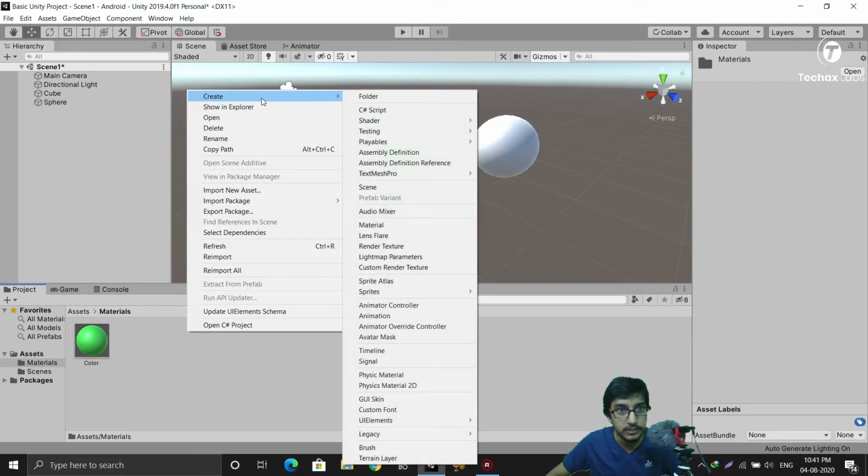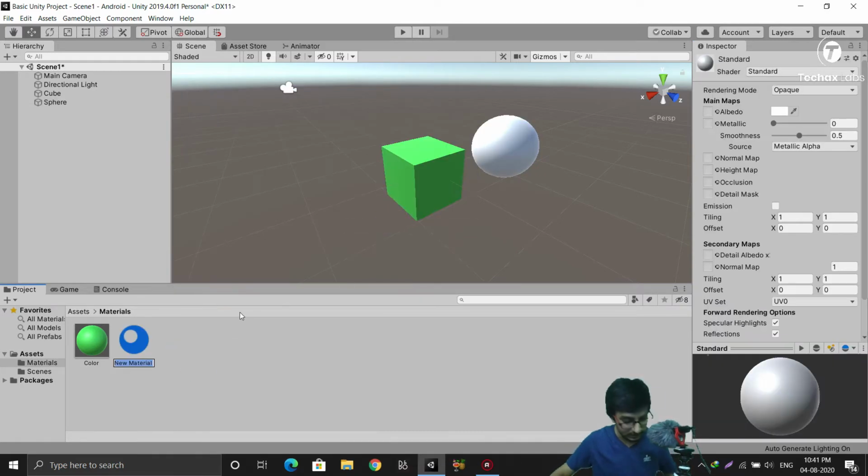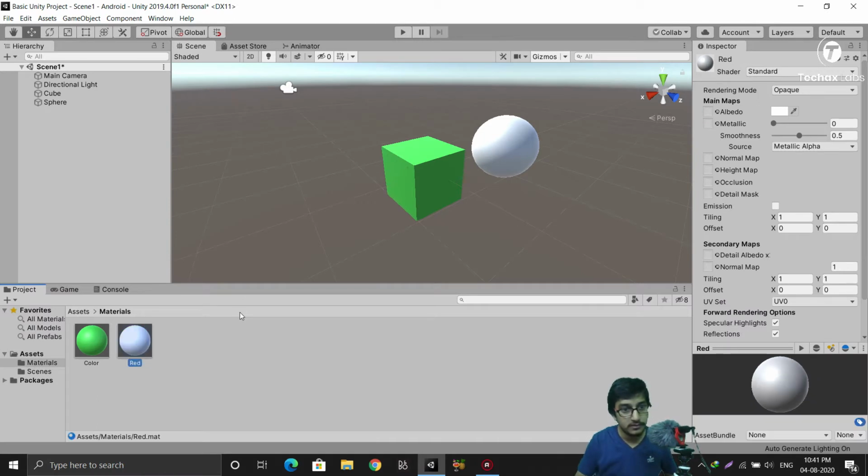Again the same process, create material, and this time I will name it red. And even before applying your colors to the material, you can apply it to your game object. So now I am applying this material to the game object. Since its name is red but it's actually not red, and now I have applied it, I can change the colors in real time,